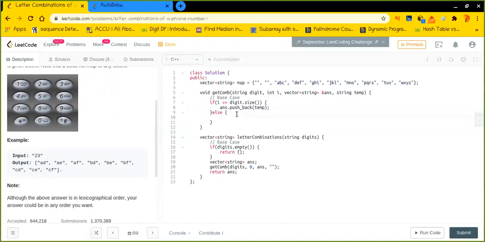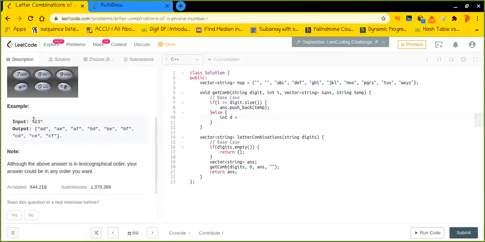And else, if this is not the case, then first of all I have to find the digit. For example, in this particular string, I is initially pointing to 2, but 2 is a character, not an integer. So how will I find the integer out of it?